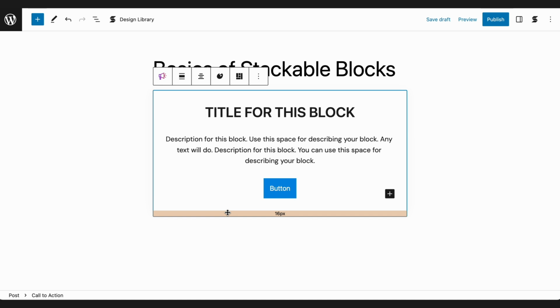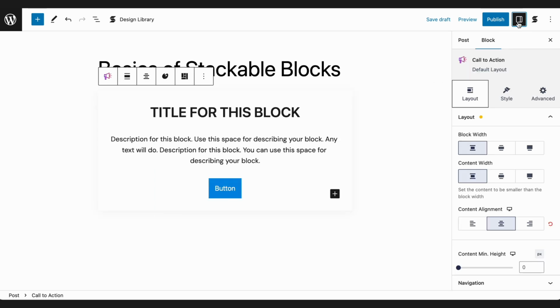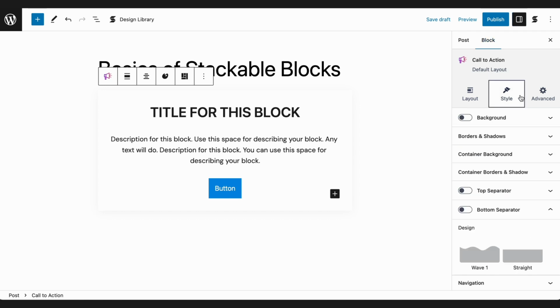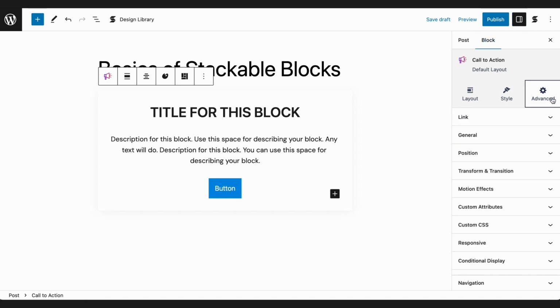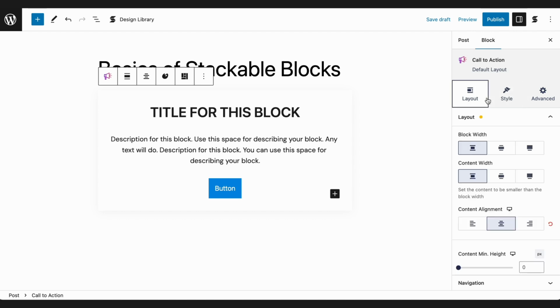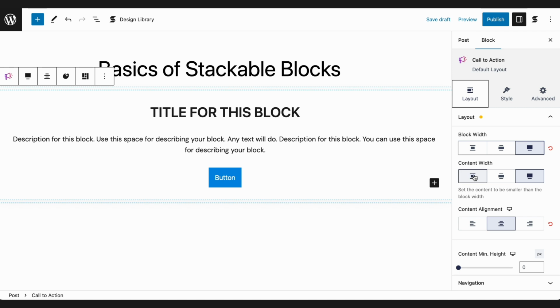The inspector is where you will find the settings and controls of all the blocks. Simply click Settings on the toolbar and make sure you're in the Block tab. Each block has layout, style, and advanced controls. The Layout tab, as the name suggests, contains all the settings that are concerned with setting up the layout of your block, like block width, content